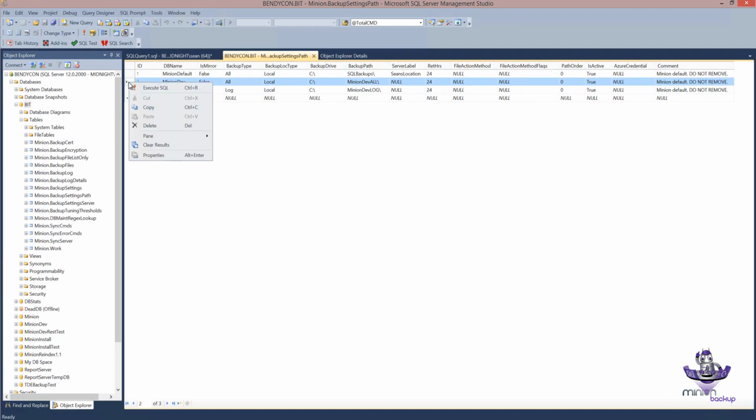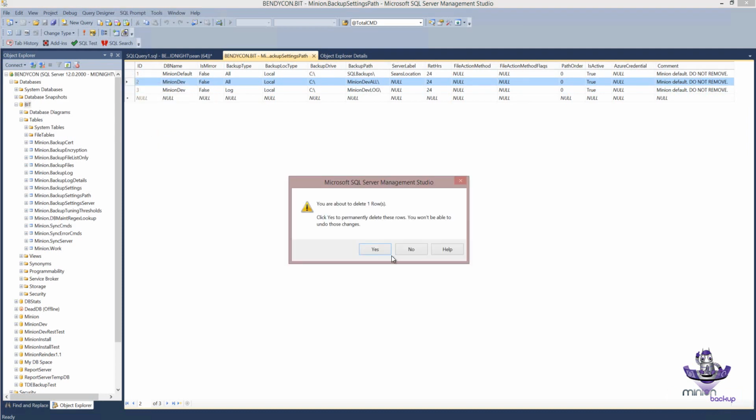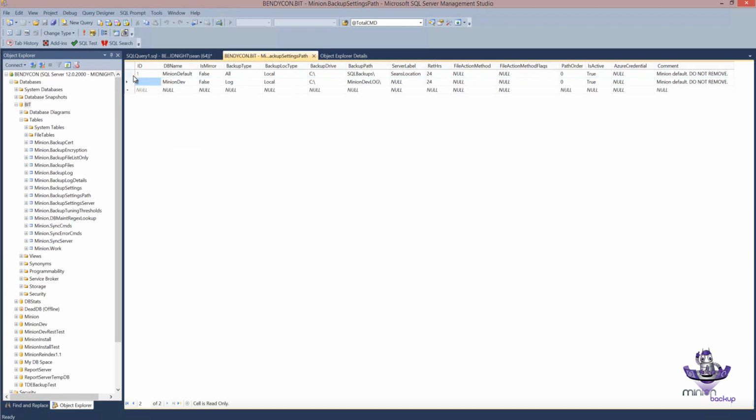Assuming now, let me get rid of this row. There we go. Assuming now that this is the config I want, all of the backups on the entire server go to this location, except the log backups for Minion dev. And I want the log backups for Minion dev going here. I still have to have a row for all of the Minion dev backups, because remember, once you're at the database level, it never goes back to the default level. So in order to do this, I either have to have the row that we just had for all,